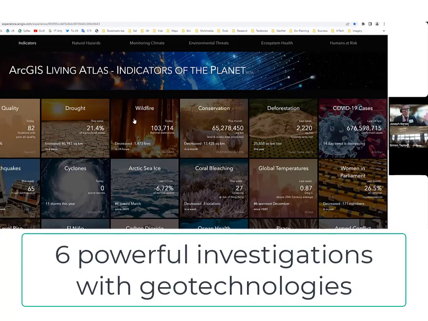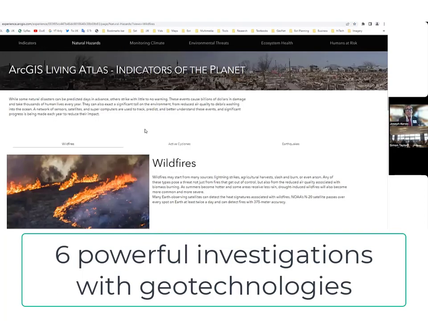Okay, class, we're going to investigate drought on this Monday morning. And the next Monday morning, it could be coral bleaching, et cetera, if it's appropriate to your curriculum. I'm just going to explore one of these tiles. Each one of these tiles has case studies and a live interactive web map. You knew it was going to be a map, right? There's going to be a map in every single one of these.